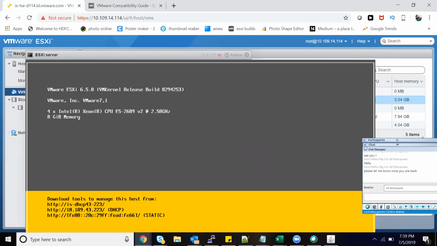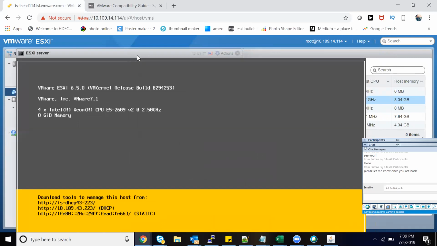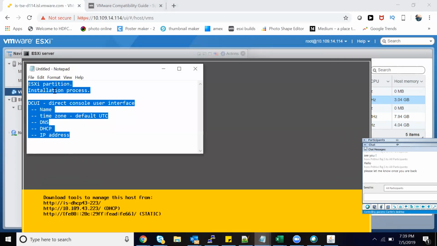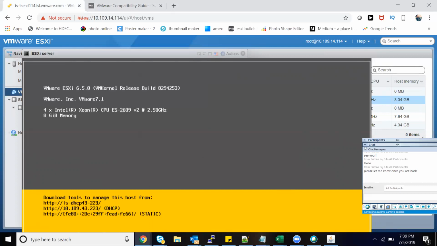So, the summary of the installation process: I don't know what to summarize, but you saw it, right? I will go ahead and send an email with this information, and we have recorded this. So you can go through the recording, or if you're curious, download the ISO. It's available free on the internet. Put it on your desktop and check all the options once. Yes, I will do that.